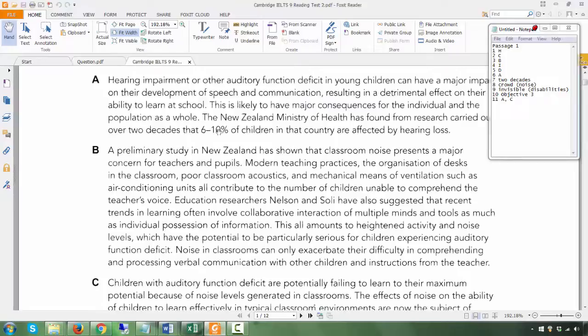And that is mentioned also in the area. Mechanical means of ventilation such as air conditioning units. Okay, so sorry, because each one gets 1 mark, 11. And then 13,